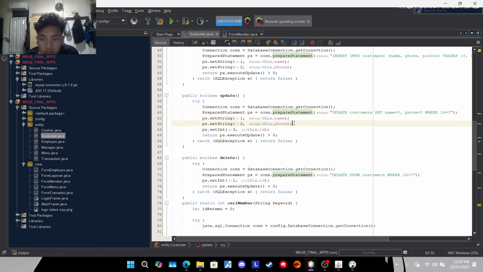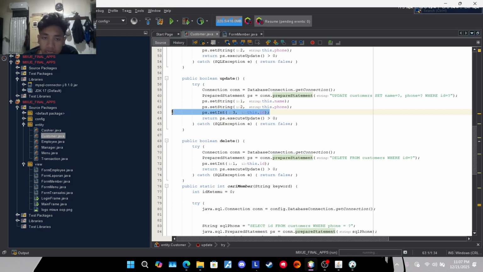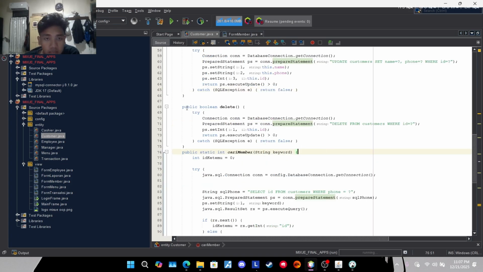So we can update the name and phone of the customer based on their ID. After that, they will execute and return false.